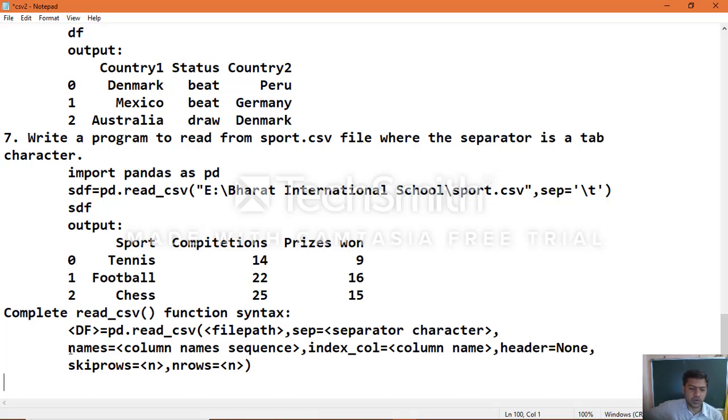If you want to specify your own column headings, yes, you can make use of the names argument. And index_col, where you want to specify a column as the index for your data.